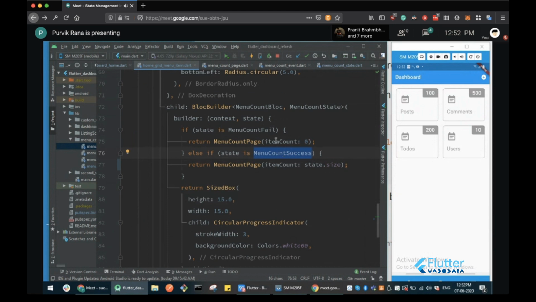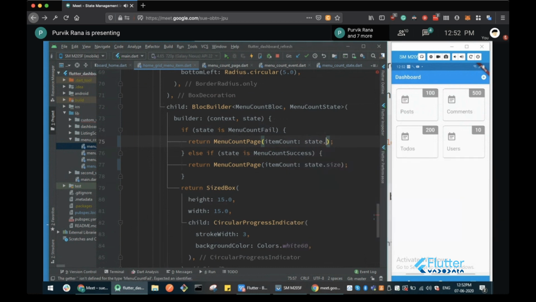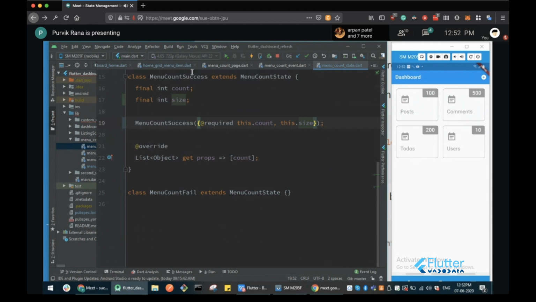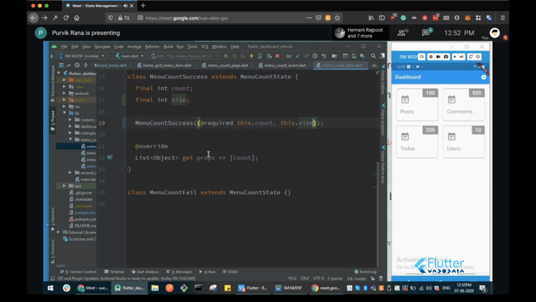But let's say you have the menu count fail, so you cannot access those kinds of parameters over here, size or count, because your state is menu count fail where you have not defined any parameters to access. So that's the concept: you can access only the values that you have defined in the respective state. You cannot access the different values.